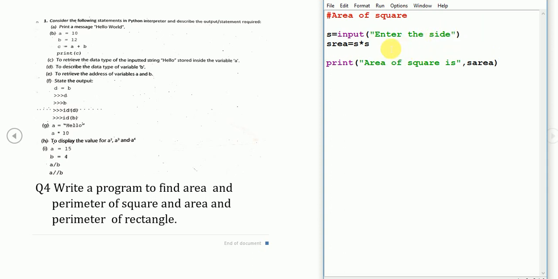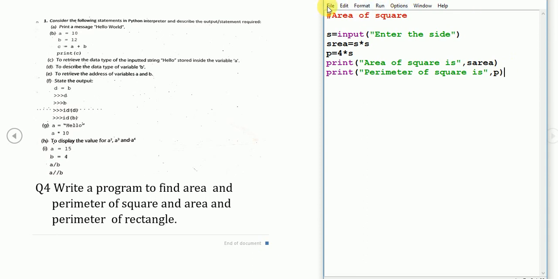So here only we can give p equals 4 multiplied by s. Again we'll give one print statement, print perimeter of square is p.